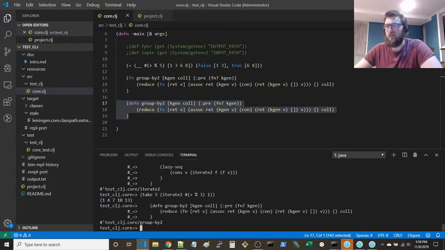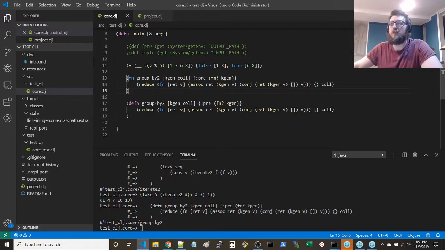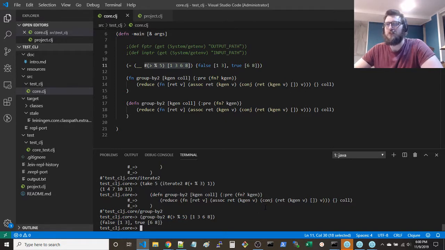Copy that, throw that in there, and then try keygen 2 of, oh no, group by 2 of these values. I think in line run might actually be faster than doing it this way. False true. 1, 3, 6, 8. Perfect. That's what we want.